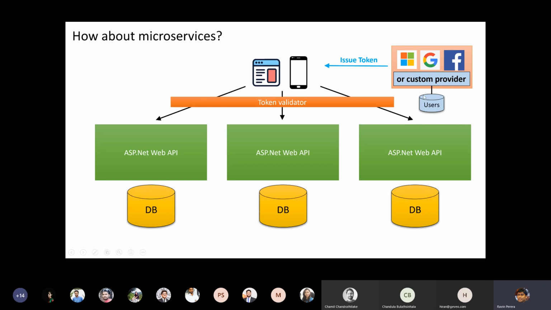So that means we have to have our own users database to serve this custom authentication service provider. This also means we have to do the hosting. We have to host that service provider server, so the users' websites and the mobile apps can connect to this authentication service and get the token, right?